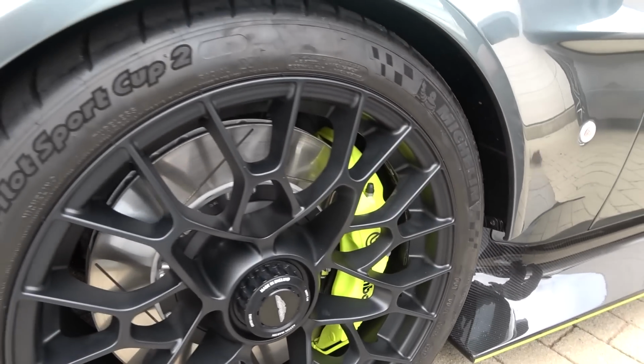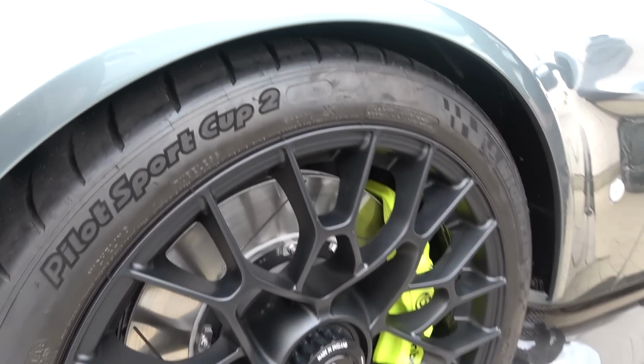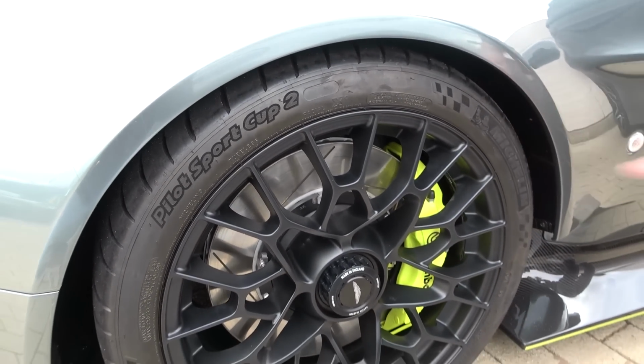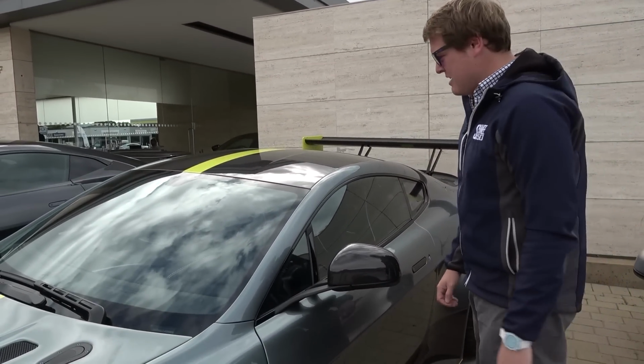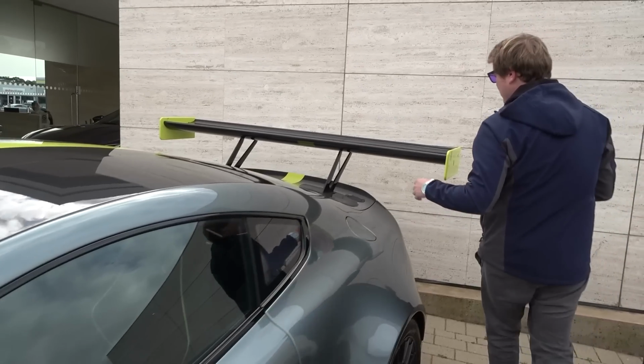We've got the centre lock wheel specific to the car, which you can have with slicks or with wet tyres, or you can pop on some regular Sport Cup 2 road tyres if you want it to be driven on the road. A normal road legal regular tyre, same tyre in fact that I have on my GT8. A few carbon parts like the mirrors and the roof, for example, and then we come round towards the back